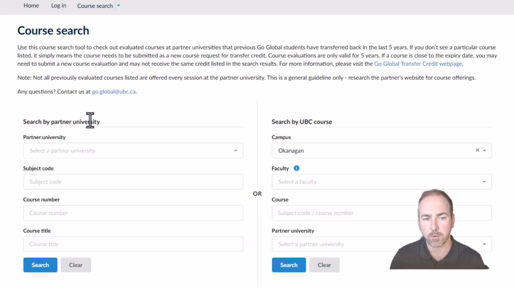If you use the search by partner university tool, the downside is that you can't always see which campus a course has come back to. Increasingly with the introduction of Workday, a lot of course codes have the subject code _O, and so those are starting to appear in the transfer credit portal. However, for the majority of times, if it's a Poly course, for example, and it was taken before Workday was introduced, then it might show just Poly 3rd, for example, and we don't know if that's a Vancouver or Okanagan